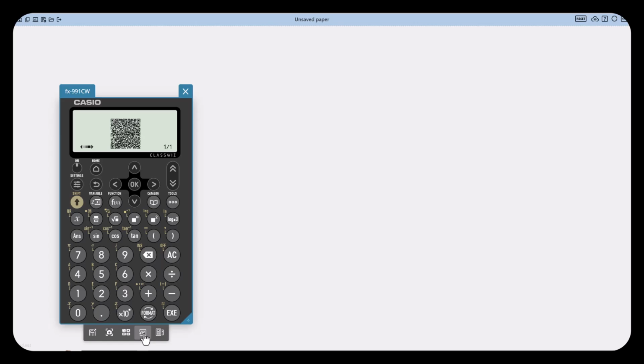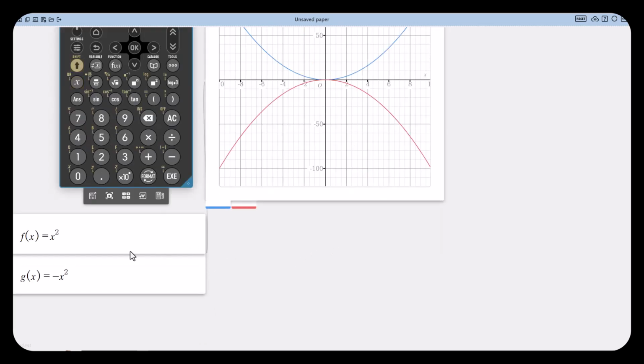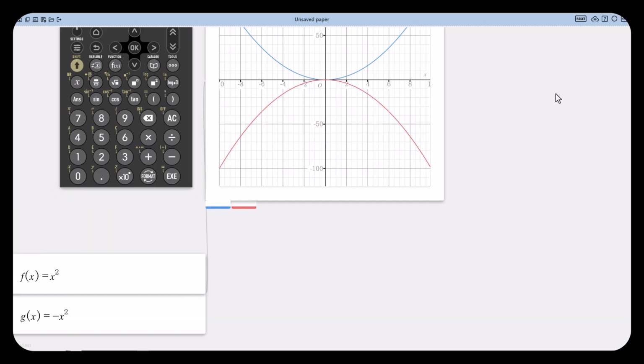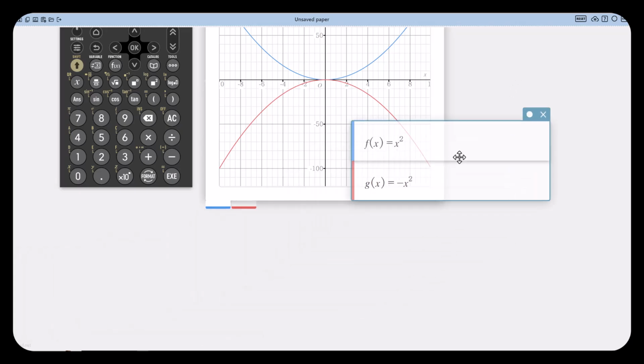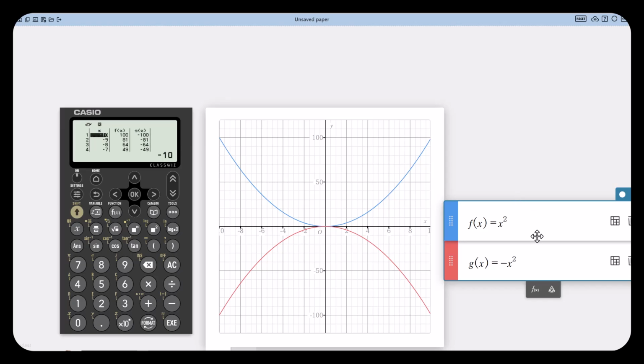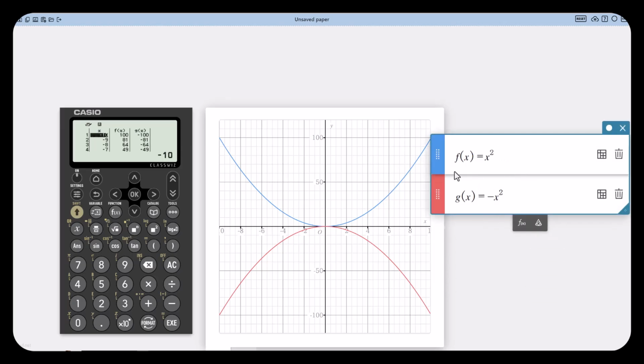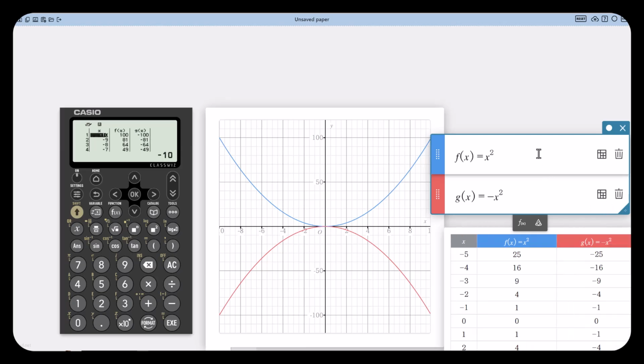If you have the handheld, you're going to use your mobile device, tablet, or phone, and it links you to the dynamic environment. When you get into it, you're going to actually see the graph. Sorry, I'm on a computer screen, so it tends to be very big. But you're going to see the functions you entered and a graph. I happen to be able to see my emulator, but you'll have the handheld. The table is on the handheld calculator, but once you're in the dynamic environment, you can also get the table. All I have to do is go by the functions and click that table icon, and it puts the table there for me too.